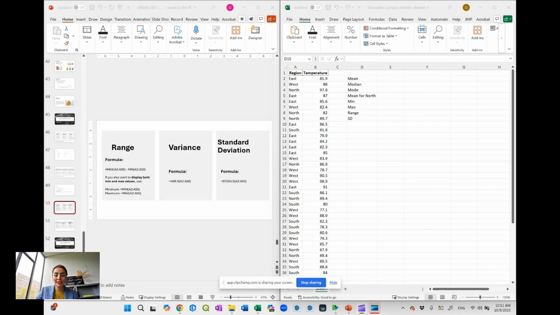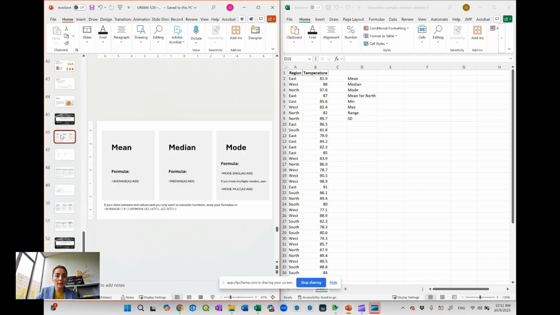Hello everyone. Today I want to talk about how we use Excel for descriptive analysis. We're going to start with calculating mean, median, and mode. For mean, as you can see here, the formula,